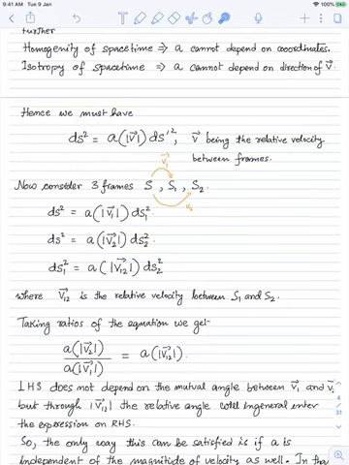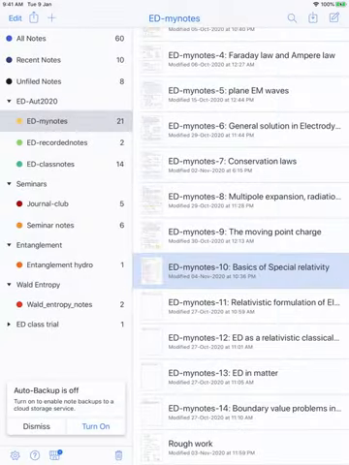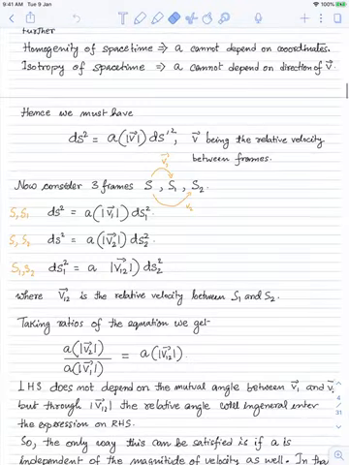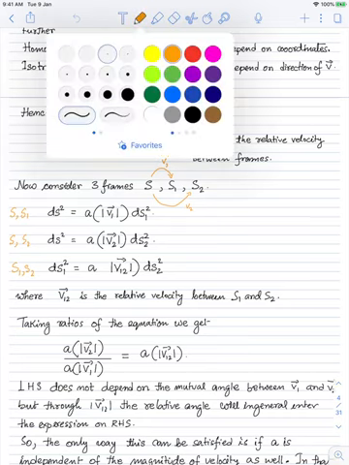Similarly, this I'm considering S and S2, so therefore this is magnitude of V2. And now, if I consider S1 and S2, then this will be the magnitude of the relative velocity